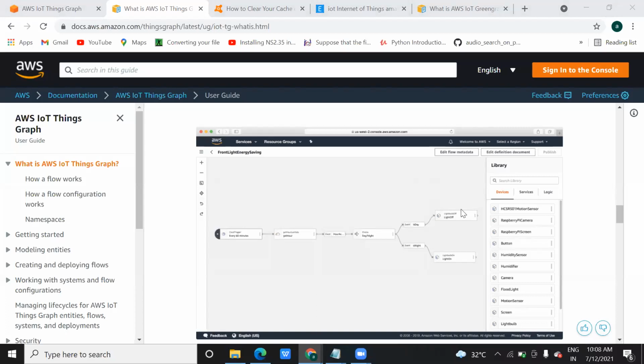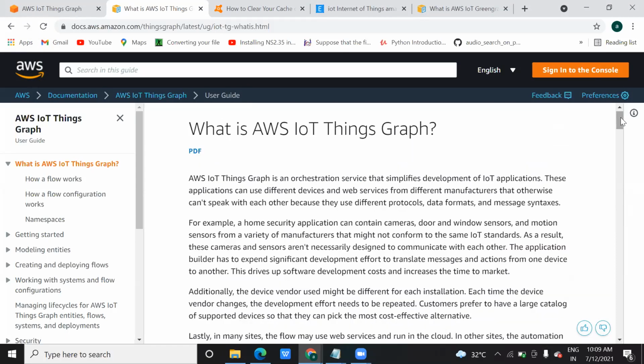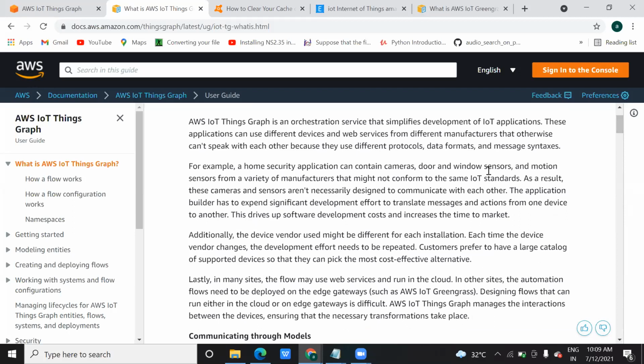So if you have done work in engineering, creating UML diagrams and flow charts in a software engineering subject, you might be aware of this. Have you ever worked in Microsoft Visio or something, creating flow charts, connecting components? Yes, I have. Actually, I worked in Proteus for the hardware part. Okay. So there, how to connect the devices and get the graph, that I know. So this IoT Things Graph is nothing but just connecting the components.